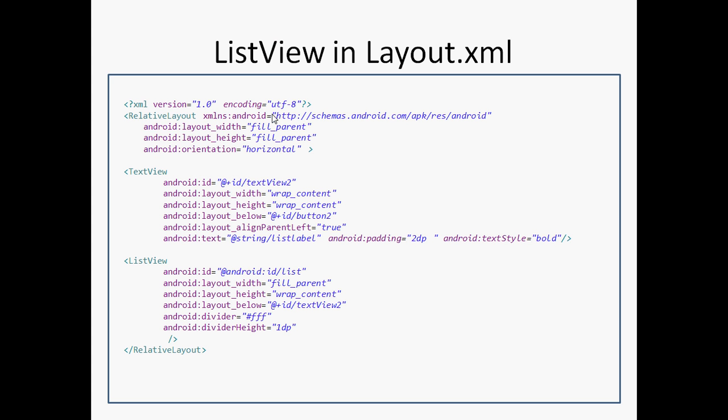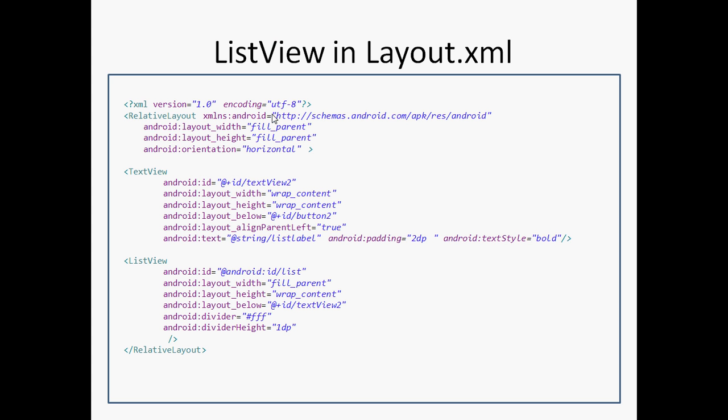So here you can observe inside the list view we have defined attributes, just like the attributes we define for a text view or other elements. The attributes of this element will be the same, just like other elements. Apart from these common attributes, we will also be implementing some different attributes for this list view.